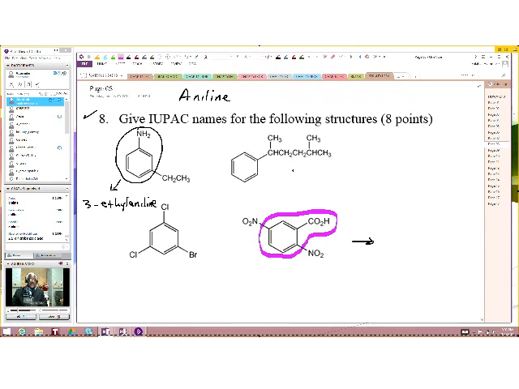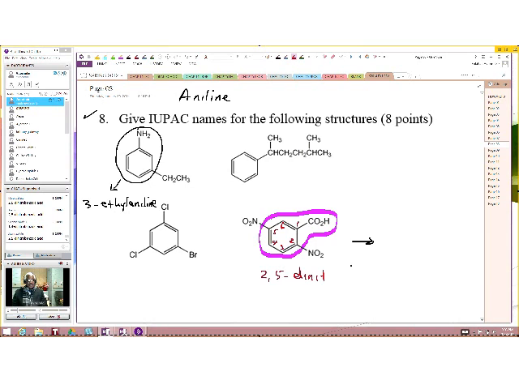So I will say this is carbon 1, 2, 3, 4, 5, and 6. So that becomes 1, okay, 2, 5, very good, 2, 5,